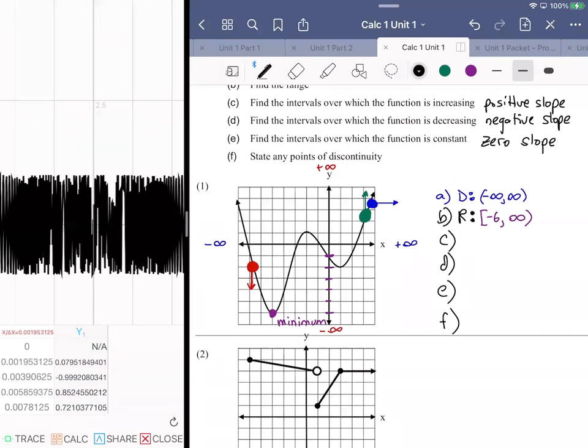So if a graph is going to have a positive slope, that means it's going to be going uphill as you move along the graph from left to right. Okay, so we're talking about all the instances in which the graph is going uphill. That would be this region here and this region here. Those would be increasing. So going from this location